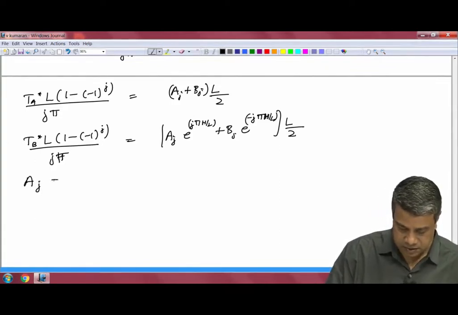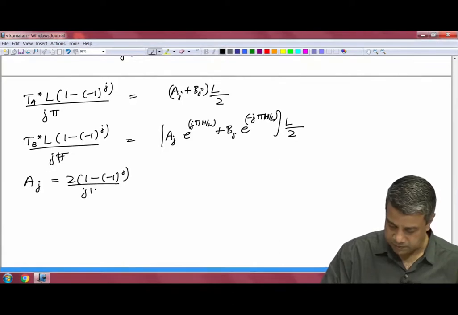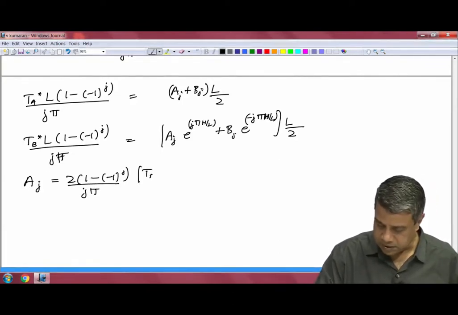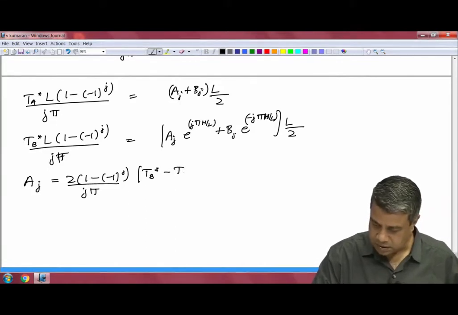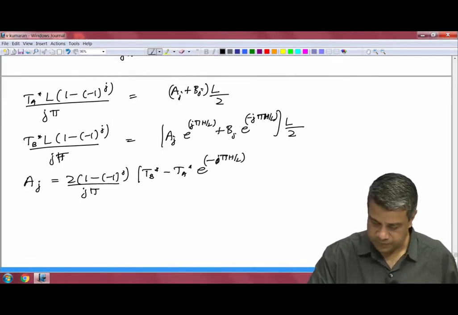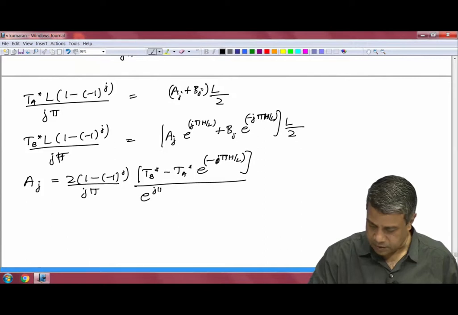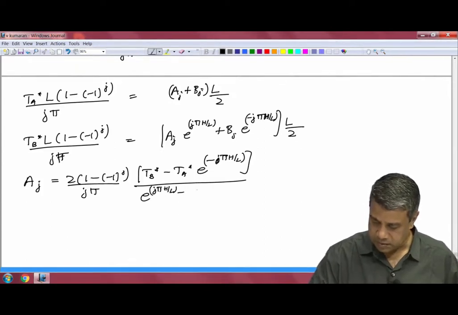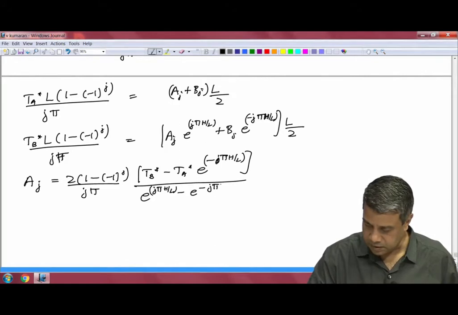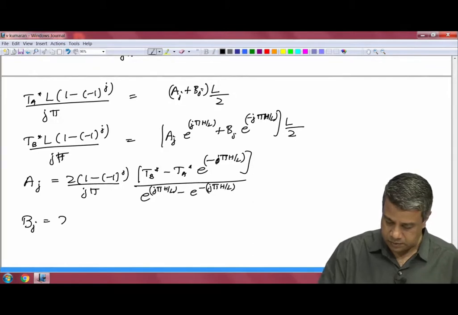You get Aj is equal to 2 into 1 minus 1 power j by j pi into Tb star minus Ta star e power minus j pi h by L, okay, by e power j pi h by L minus e power minus j pi h by L, okay, and Bj is equal to 2